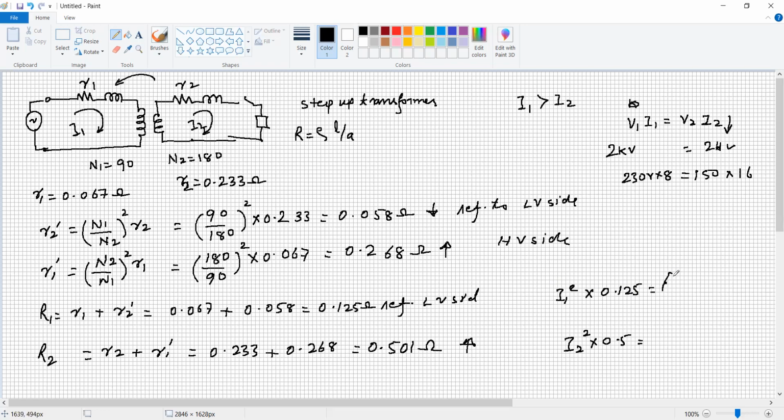So the power loss will be the same, the power loss in the primary and in the secondary, because the referred value is the same. So this is called a referred value. This type of referred value is used for calculation of losses as well as the equivalent circuit of the transformer and voltage regulation, whether referred to the primary side or the secondary side. Okay. So this is somewhat